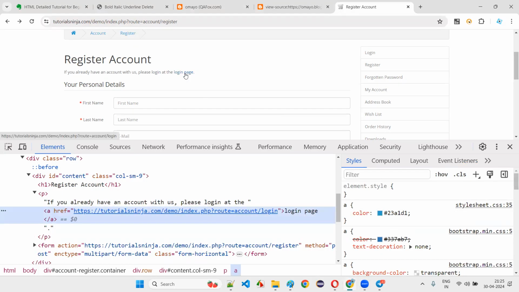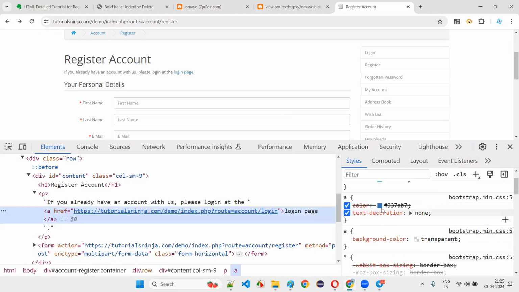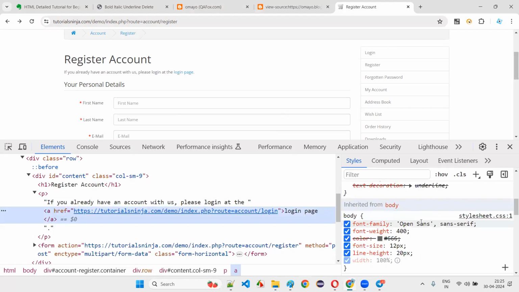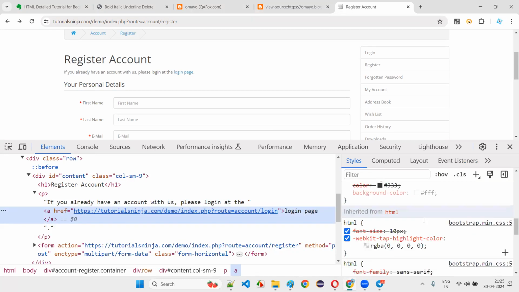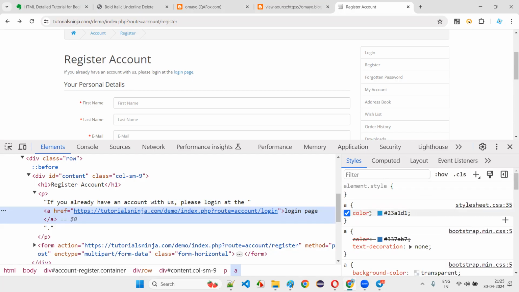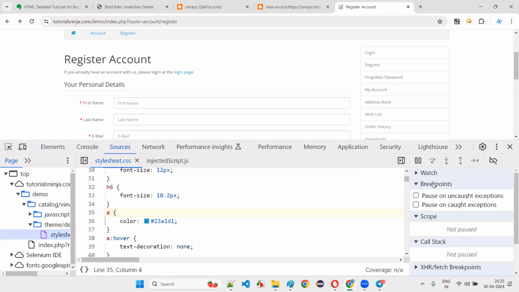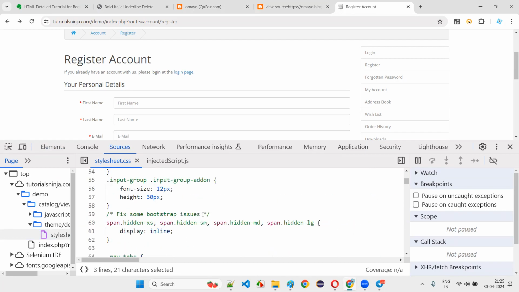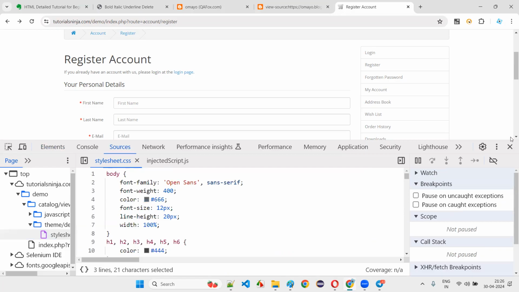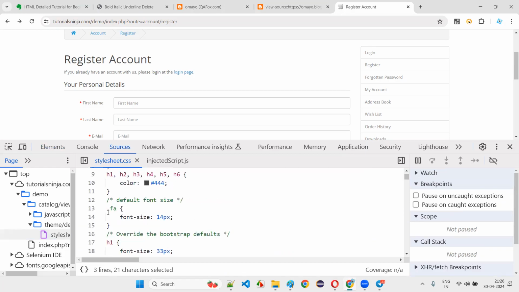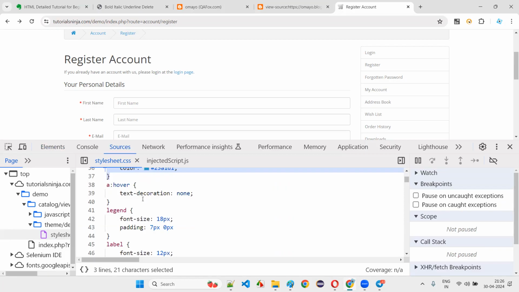When I hover the mouse, the color changes a bit. A darker color is coming. Maybe it is somewhere in the CSS, so it's very difficult to find. That's okay. When I hover the mouse, something will happen. When I click on stylesheet.css, you see this color is mentioned in the CSS file. From this CSS file, this hyperlink is getting its properties like colors and normal text. So all the hyperlinks on the website have this kind of structure.